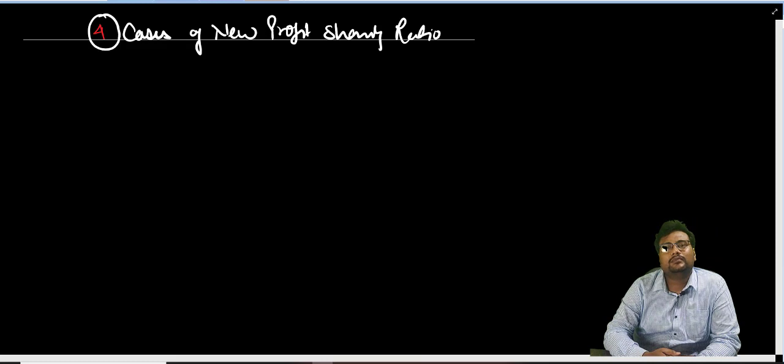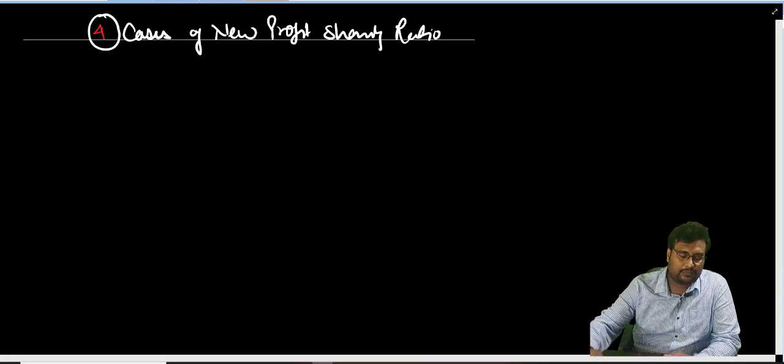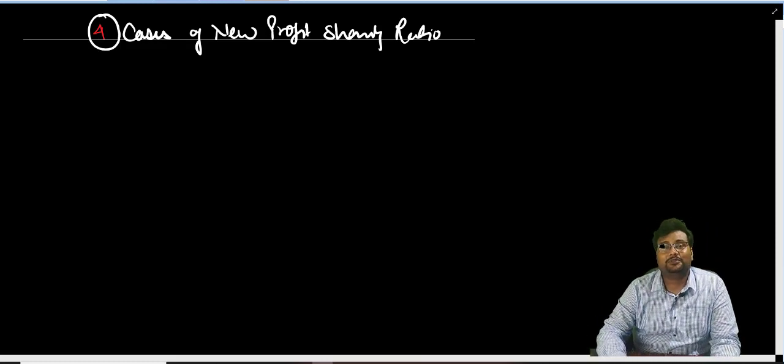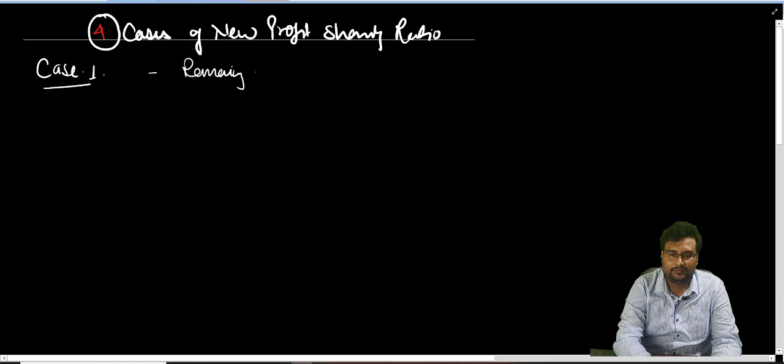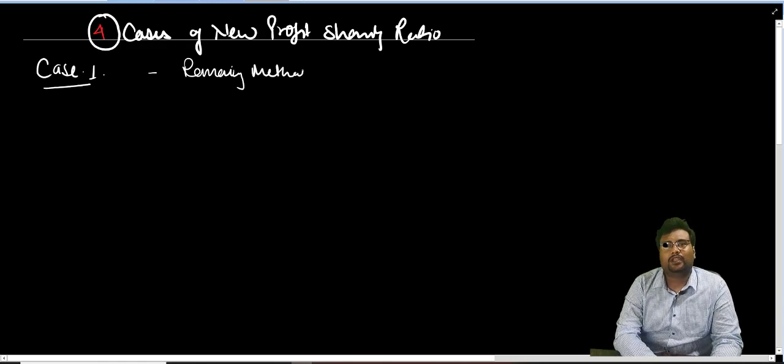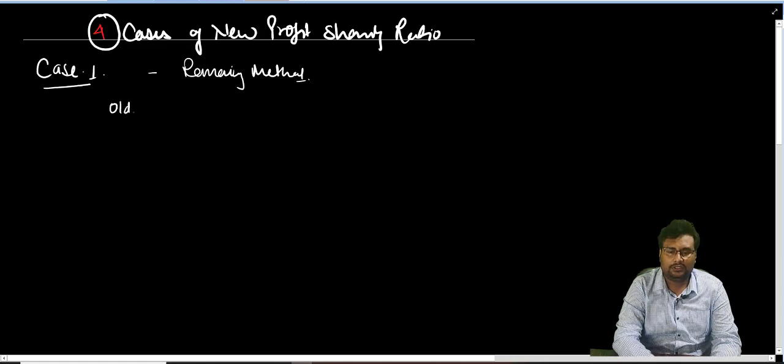So there are various cases. Like the first case, to which I have given the name remaining method. So what is there in the case? First, you see, case number 1, which is known as remaining method. अब देखो बेटा, suppose in the question the old partner share